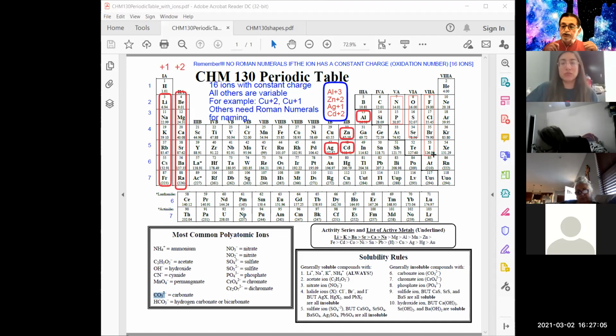Now, we change the name when they become ions. So nitrogen becomes nitride. Phosphorus becomes phosphide. Note the trend. Oxygen becomes oxide. Sulfur becomes sulfide. Okay. Fluorine becomes fluoride. Chlorine becomes chloride. Bromine becomes bromide. Iodine becomes iodide. Okay. Now I mention this because going back to the table,